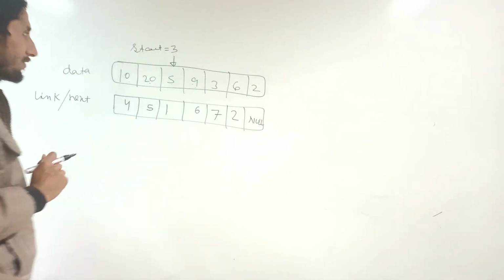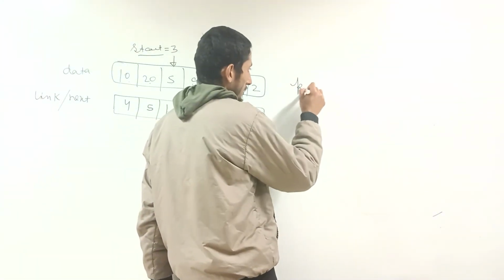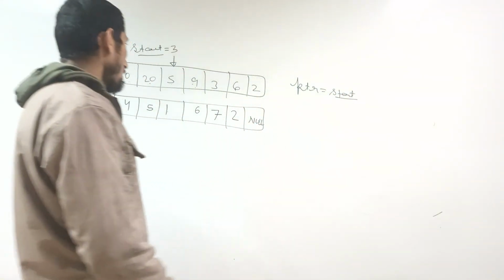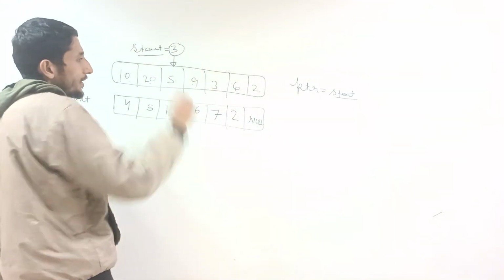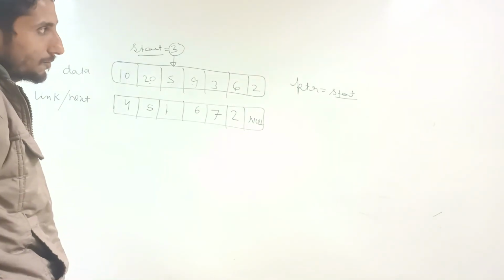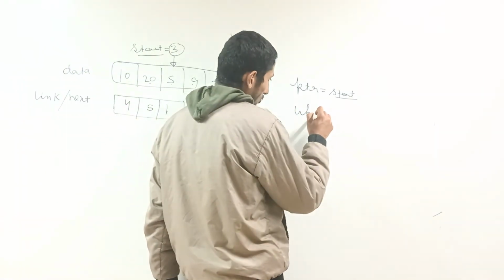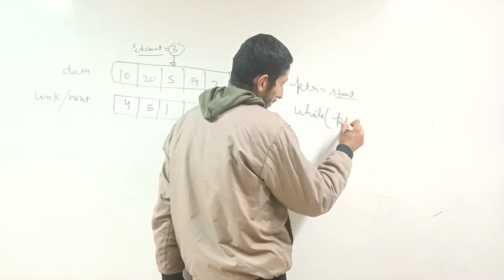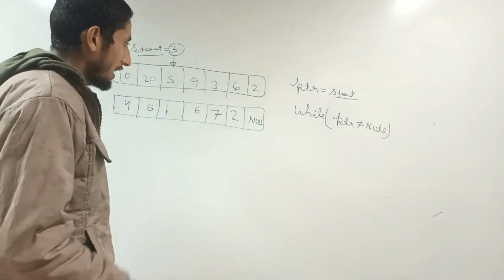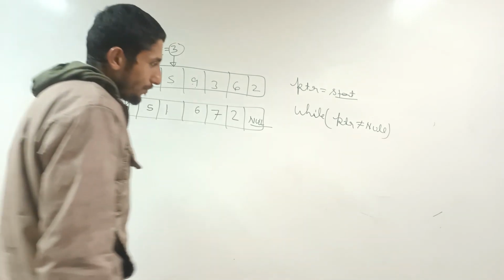So how can we traverse the linked list? First of all, I have to start with start. So let me take a pointer, PTR, equals start. So what is the meaning of this? The meaning is I have saved the value of start in PTR because I want to store the address of the first node. So I have taken a temporary variable PTR and saved the value. Then I apply the loop while PTR is not equal to null. The moment I find null, it indicates the end of the list. Okay. Then we can print